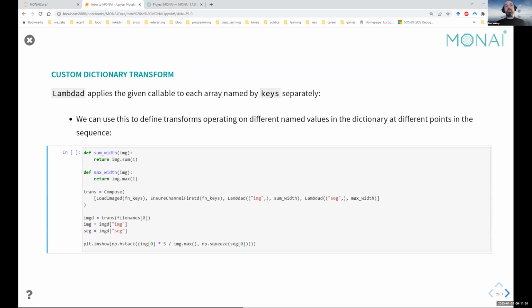For images, we want to sum the data because we're doing essentially an accumulative weight of pixels along the path, whereas for the segmentation, we just want the maximum value. So we can specify a lambda d that performs sum width on image and a lambda d that performs max width on the segmentation and put it into our dictionary pipeline this way,